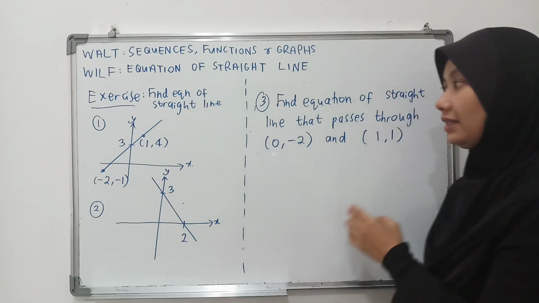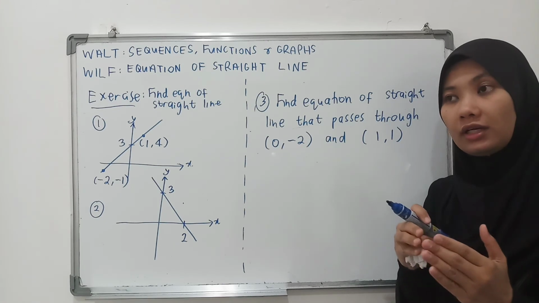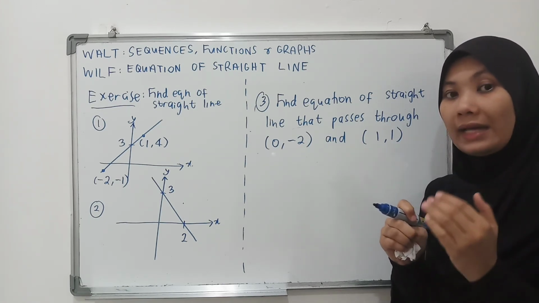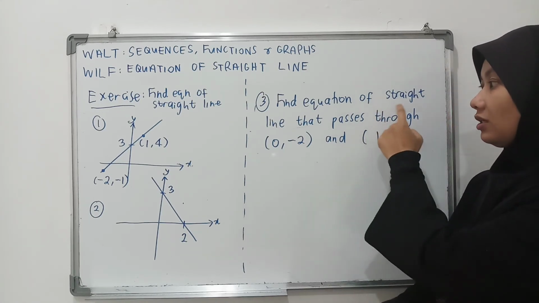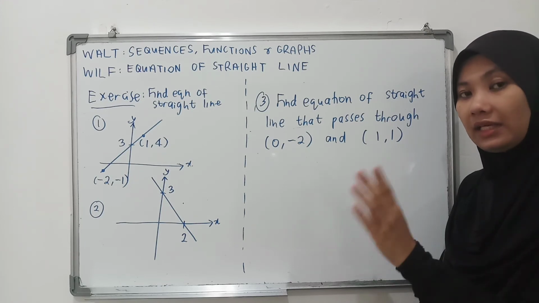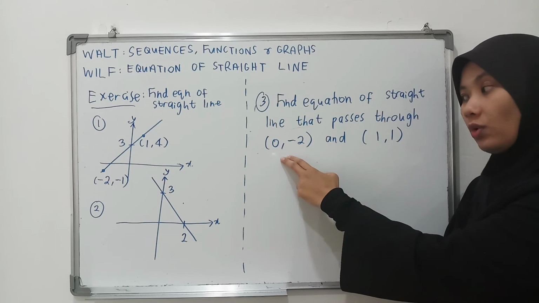Okay. And then the third equation is not given in graph form. It's not drawn. It's not given in diagram form. So you need to understand the sentence. Find equation of straight line. Remember y equals mx plus c. Okay. So that line passes through (0, -2) and